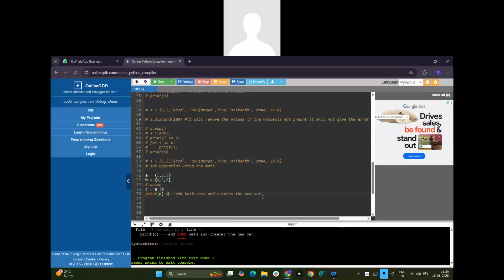So what does it mean by union? It will join all the values into a new set. Yes, it will join all the values into the new set, right? Then we have something called